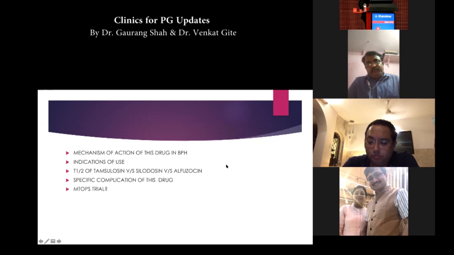Suppose you started with the stone at X place and at the end of 2 weeks it hasn't moved. Then probably the chance of it coming out by waiting further is very less. But if over 2 weeks you see a movement of the stone and the patient does not have any other indication for intervention, you can wait further. Here you have to mention that the patient should be compliant, should agree to follow up, and at any given point of time, be ready for intervention. Provided he understands these things, you can go ahead and follow him up for 4 to 6 weeks.